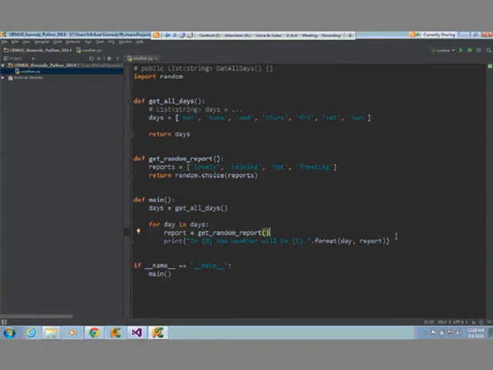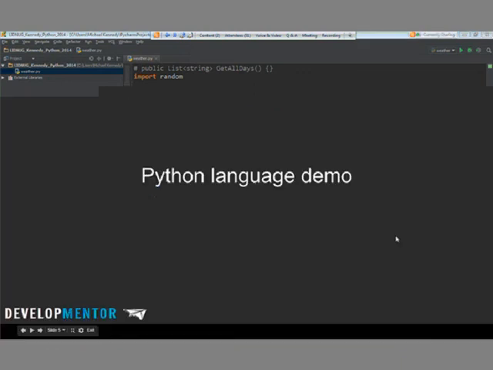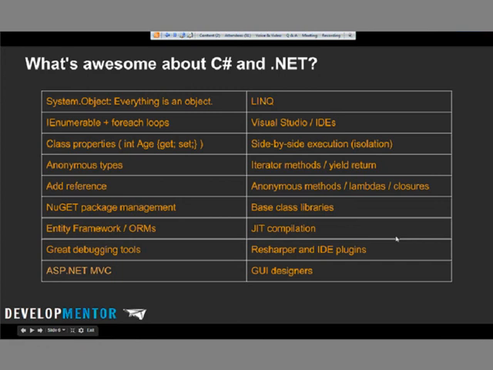Let's go back and look at some of the features of C# that are awesome, and then we'll sort of make our way through them. Okay. All right. So here we go. What is awesome about C# and .NET? If you guys stopped me on the street and said, Michael, give me a list of what's awesome about .NET. Why don't you go do something else for most of the time that you're doing programming, right? I still do mostly .NET programming, as you guys probably know if you've seen me on this LIDNUG webcast before. So these are the things that I think make it amazing.